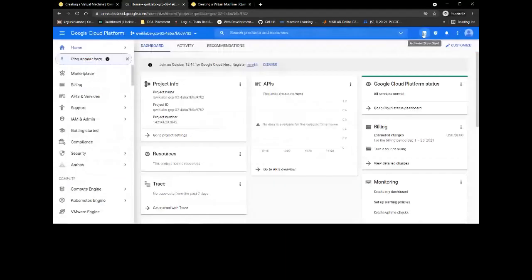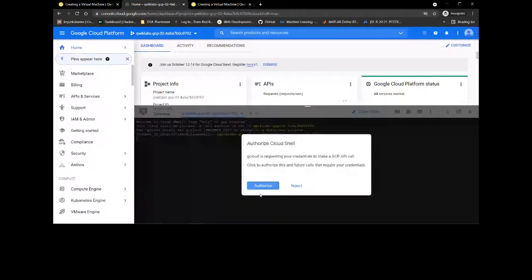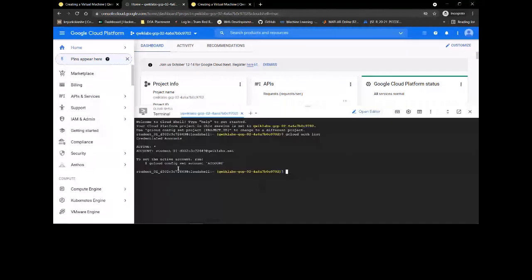You can start the active Cloud Shell. Here you are able to see which account is active. Please make sure your virtual account credentials are the only ones active over here.